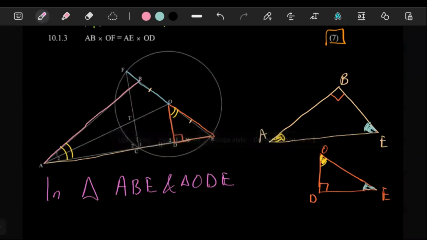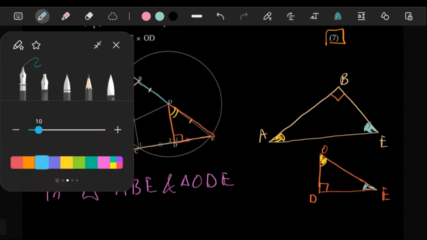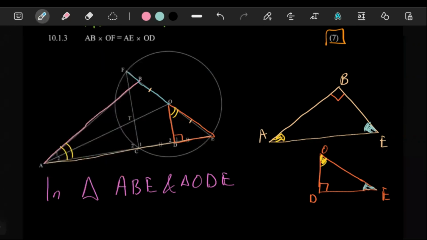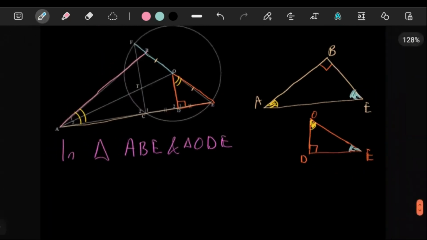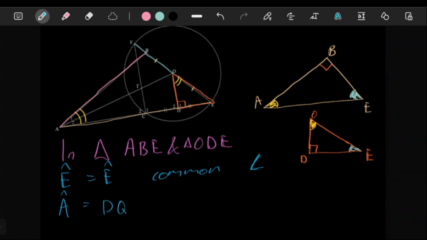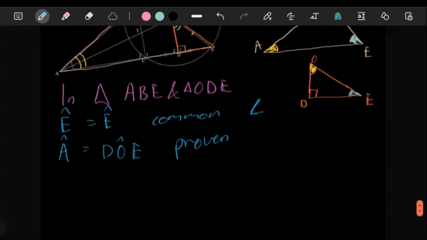We can just show the 2 pairs of angles that are equal, and then the third ones we'll just say interior angles of a triangle. So in these 2 triangles, we can just say E is equal to E, common angle. And then A is equal to the DOE there. That's proven. And then lastly, we can say, therefore,